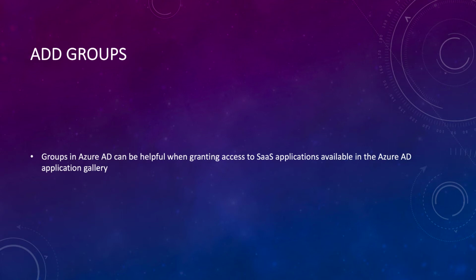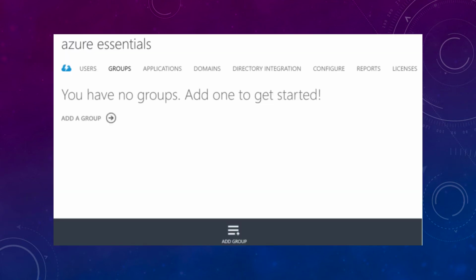So basically, if no groups exist, create a group by clicking on the Add Group button on the bottom of the command bar, or the Add Group link, as you can see here. So go for it, click on Add Group. It used to be a button, now it looks like a link here. But anyway,